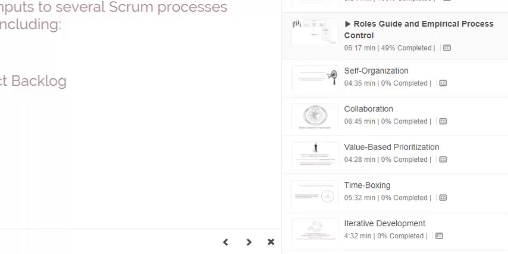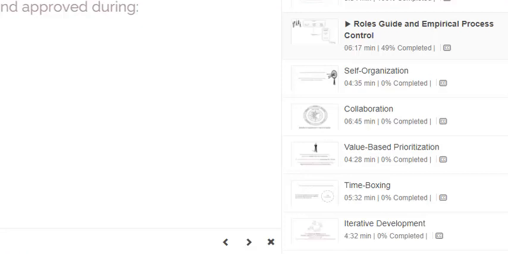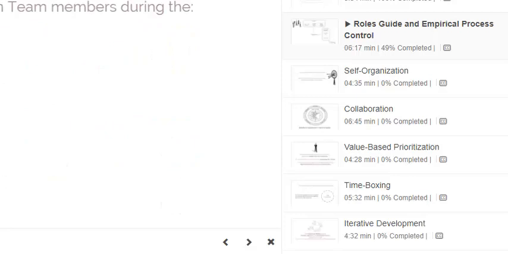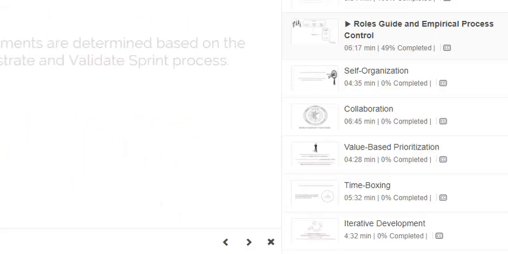backlog. Improvements can also result in change requests, which are discussed and approved during the develop epics, create prioritized product backlog, and groom prioritized product backlog processes. The Scrum Guidance Body interacts with Scrum team members during the create user stories, estimate tasks, create deliverables, and groom prioritized product backlog processes to offer guidance and also provide expertise as required for the team to adapt to necessary changes and challenges. In the retrospect sprint process, agreed actionable improvements are determined based on the outputs from the demonstrate